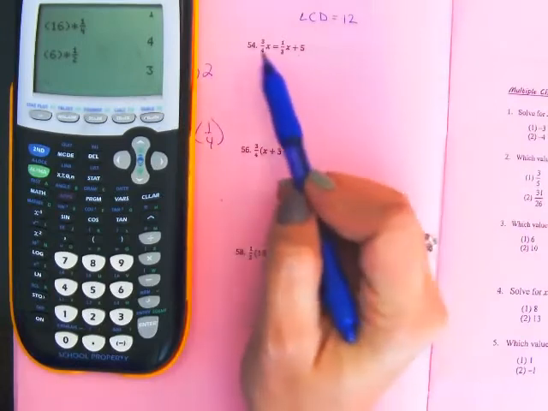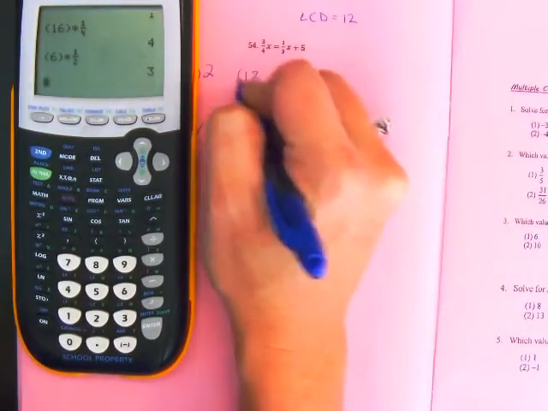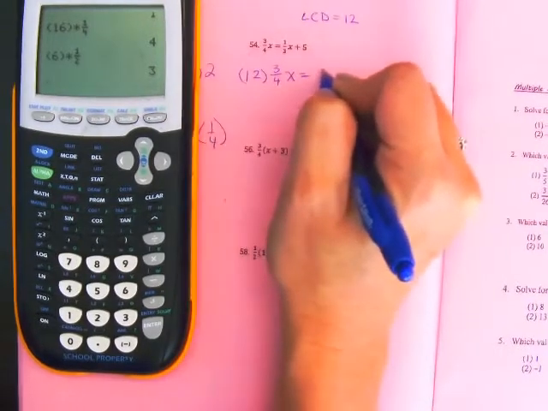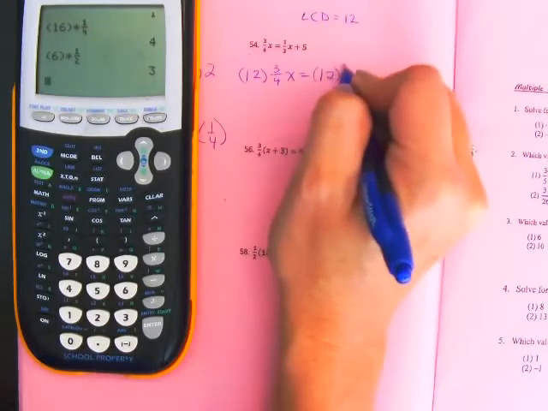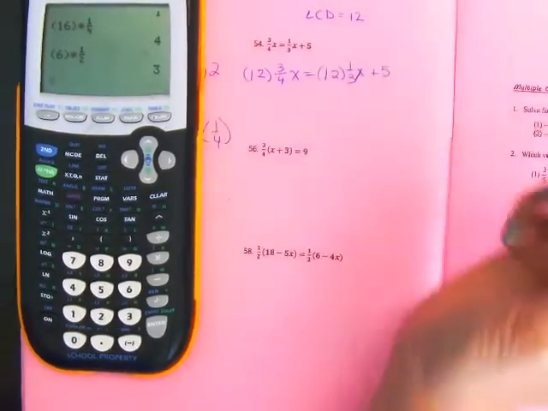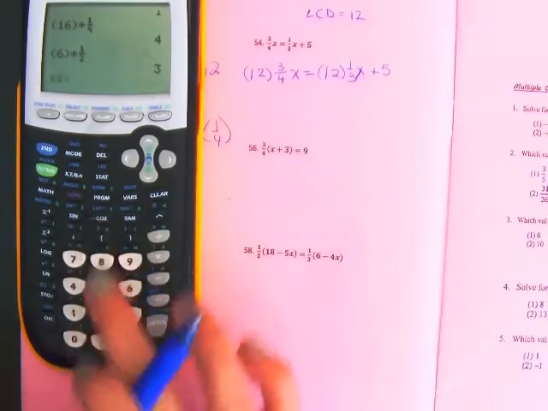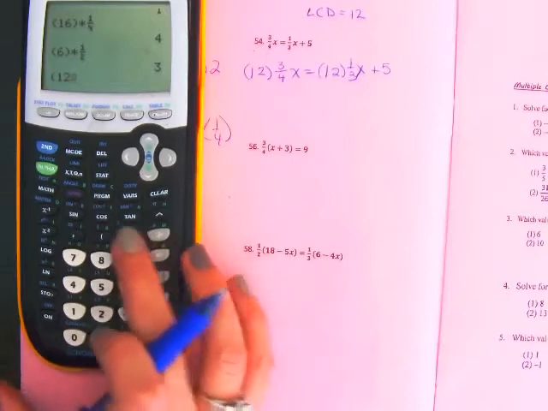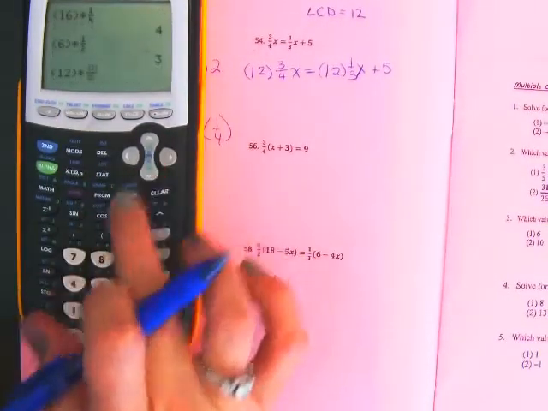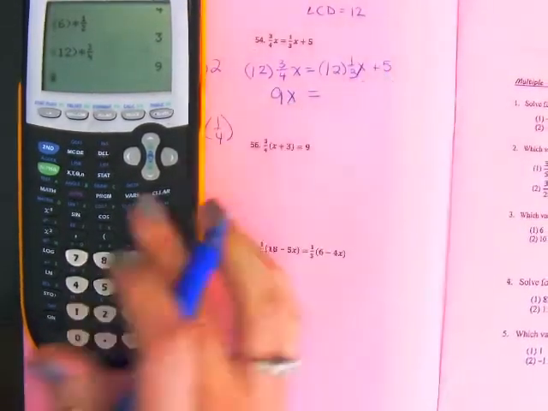My least common denominator or multiple in this case is going to be 12. So that means I have to multiply each part of these by 12. Each term is going to get multiplied by 12. So 12 times 3 over 4x equal to 12 times 1/3 x plus 5. Now you know the calculator steps, so we'll do them. 12 times alpha y equals enter 3 over 4. That's 9x equals